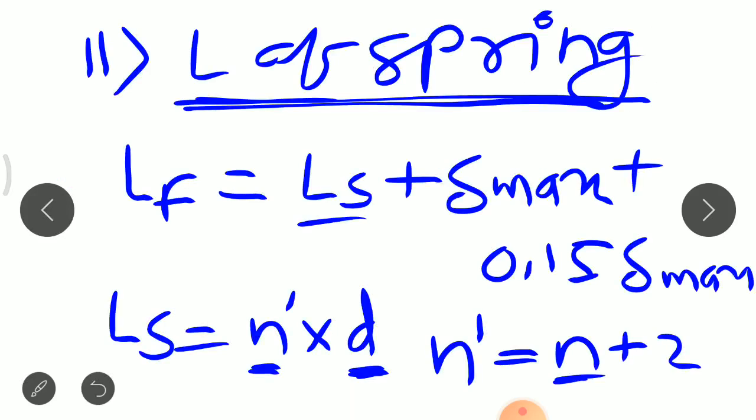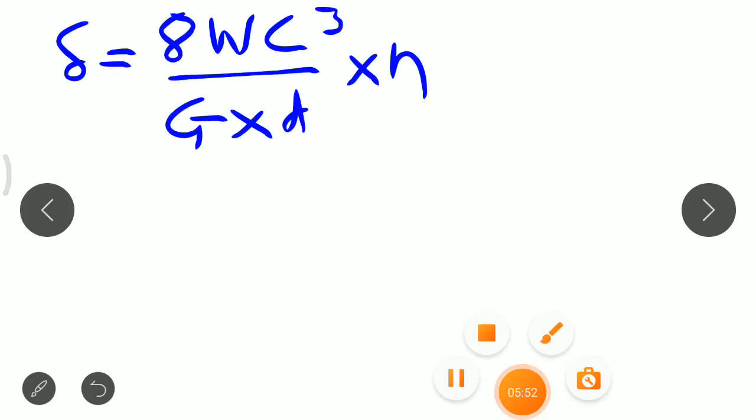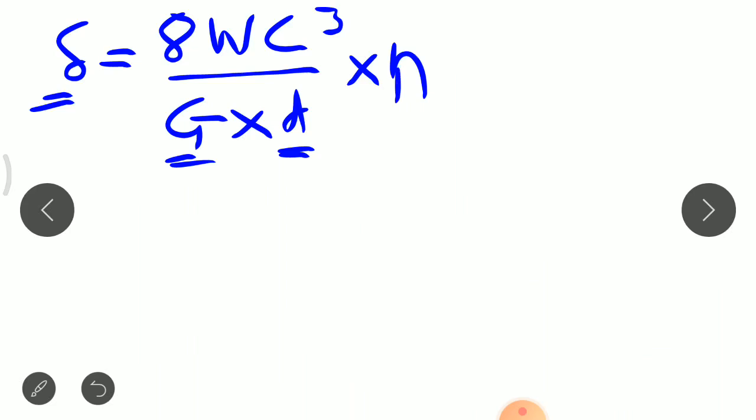तो n की वैल्यू फाइंड आउट करने के लिए हम फॉर्मूला यूज करेंगे डिफ्लेक्शन ऑफ स्प्रिंग का, दैट इज डेल्टा. और ये फॉर्मूला है डेल्टा इज इक्वल टू 8 इंटू W इंटू C क्यूब डिवाइडेड बाय G इंटू d, दैट इज डायमीटर, मल्टीप्लाई बाय N. अब यहाँ पे डेल्टा की वैल्यू हमारे पास प्रॉब्लम स्टेटमेंट में गिवन है 8.5, W की वैल्यू हमने फाइंड आउट की थी बाय यूजिंग द फार्मूला K इंटू डेल्टा, वो भी थी 765। C की वैल्यू है 6, G की वैल्यू हमें प्रॉब्लम में दी है 80 इंटू 10⁻³ न्यूटन पर mm²। d की वैल्यू हमने 6 जो भी फाइंड आउट की थी, और यहाँ पे अननोन वैल्यू है N की।